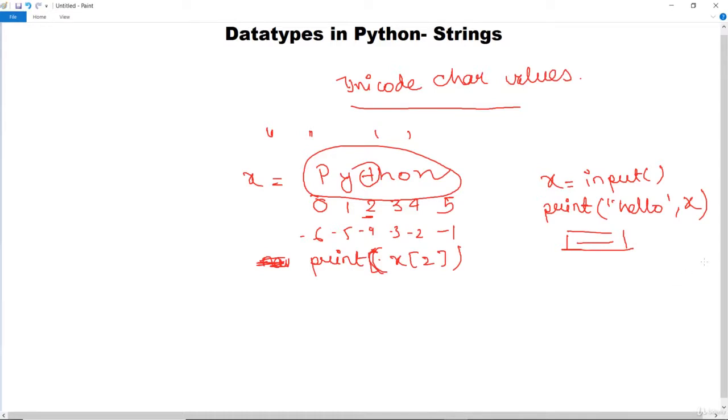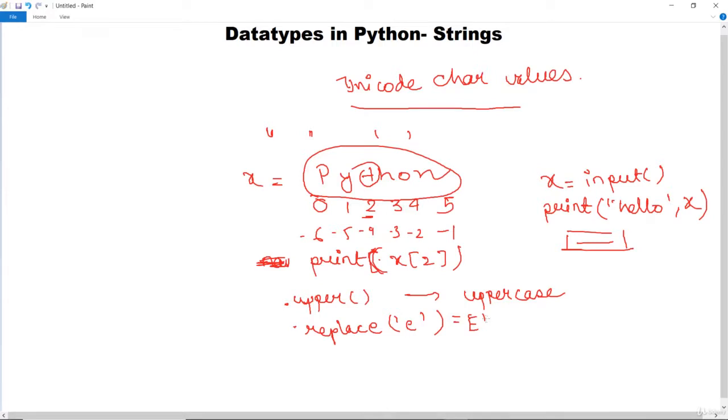Now there are several operations which can also be done using strings. Those are dot upper, which is used to change the case and make the letters uppercase. Similarly, we use dot replace, where you can replace a particular character present in the string. You just mention the character you want to replace and the character you want to replace it with.